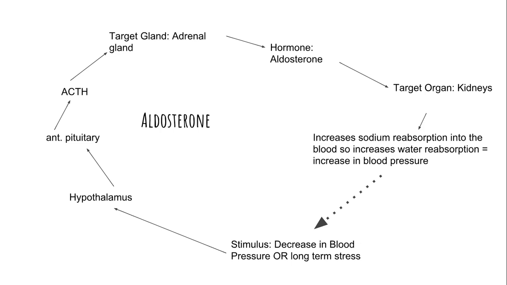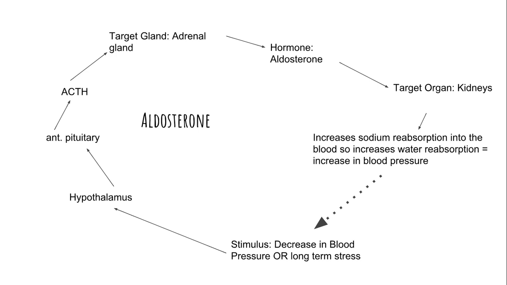What is its job? It's to increase sodium reabsorption. This is why we talk about it in conjunction with water and ADH, because it has everything to do with the movement of water. Aldosterone's job is to reabsorb sodium back into the blood, so it moves sodium from your kidneys into the blood. Now, wherever sodium goes, water follows. So we say aldosterone increases blood pressure because once it moves the salts out of the kidney and the water follows, your blood pressure has everything to do with how well you're retaining the water in your blood.